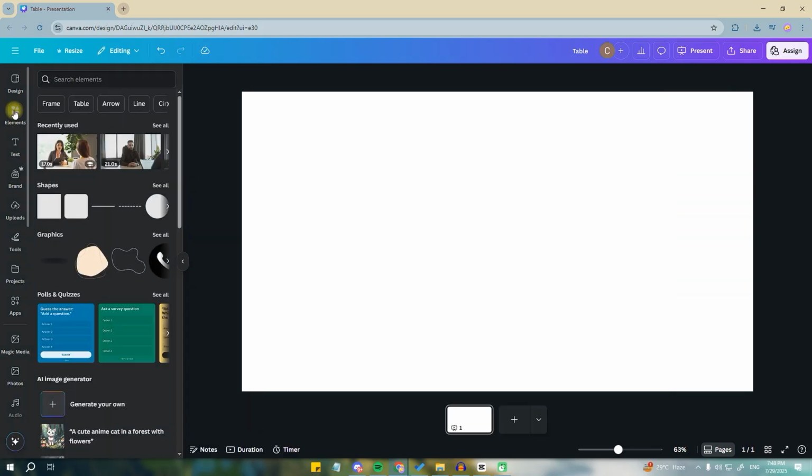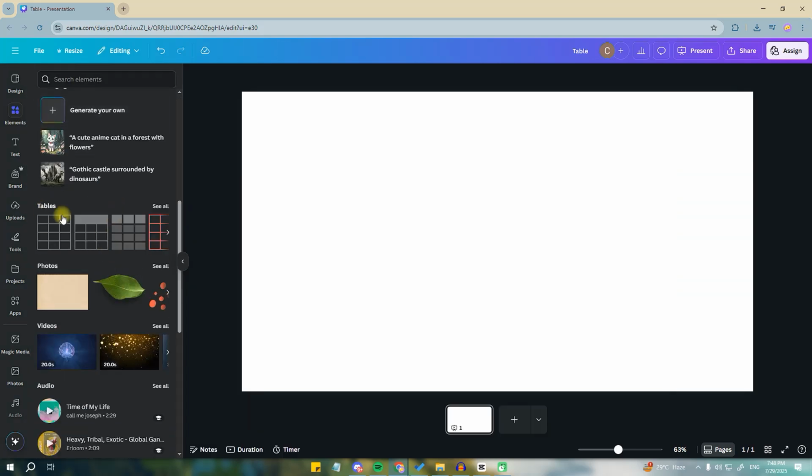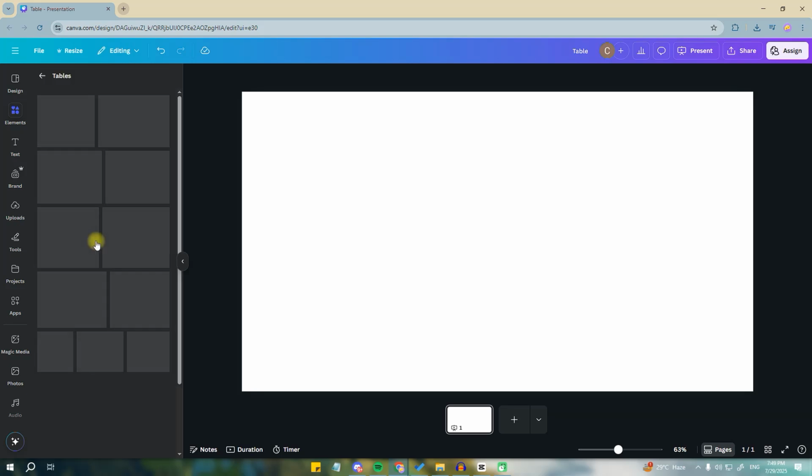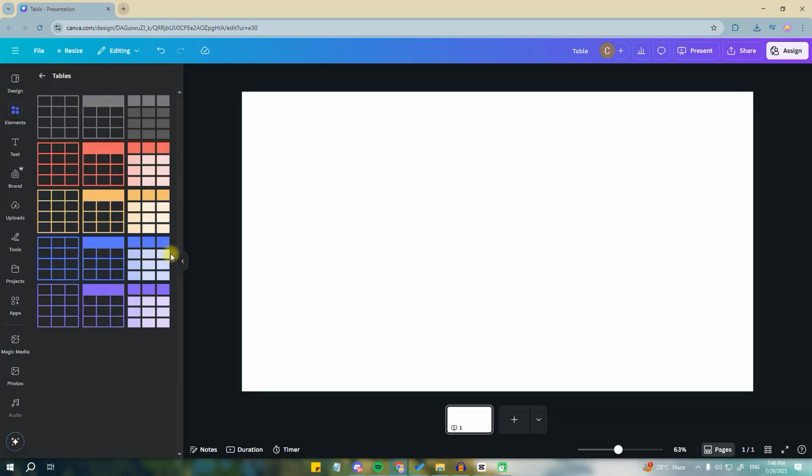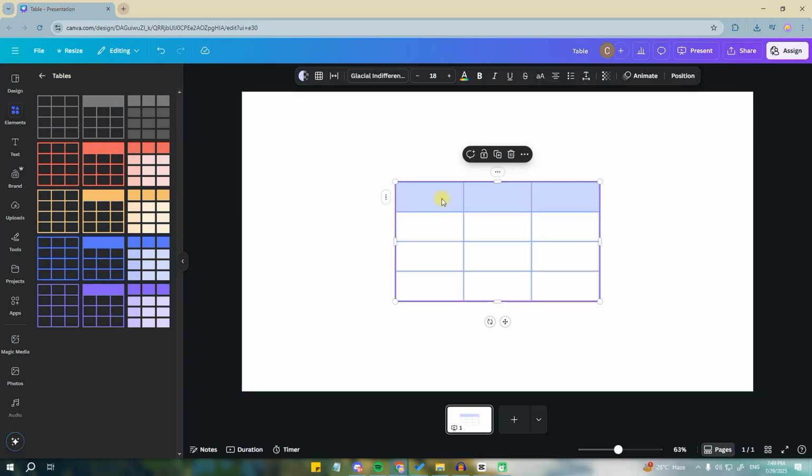First, let's just go to Elements from the options at the left. Let's scroll down until you see the Table section. In line with it, we can click on See All and you can select a color that you like for your table. I'm just gonna select this one, and if you want to add more columns, you can select any